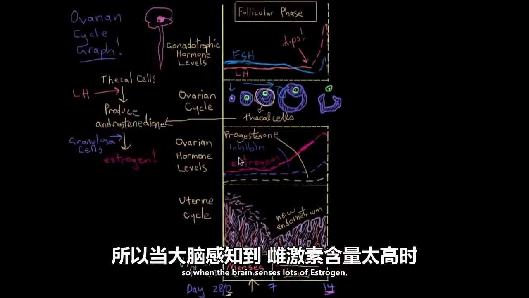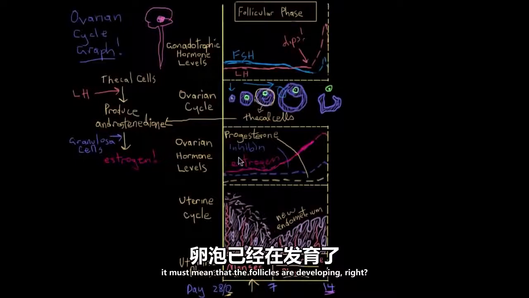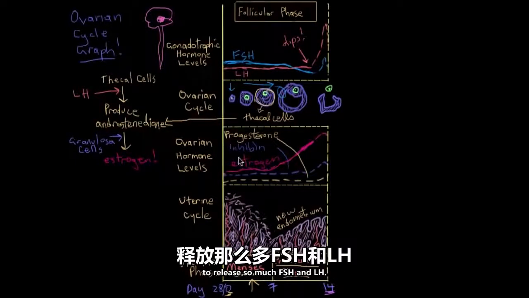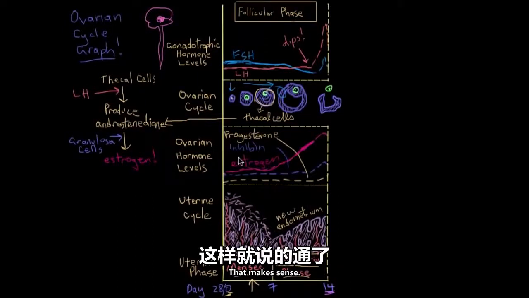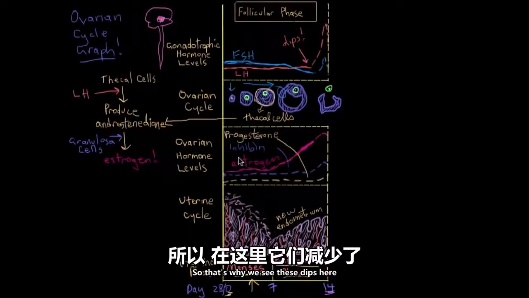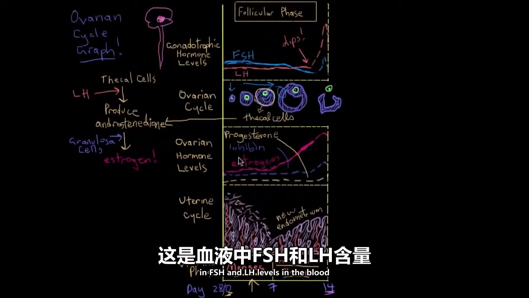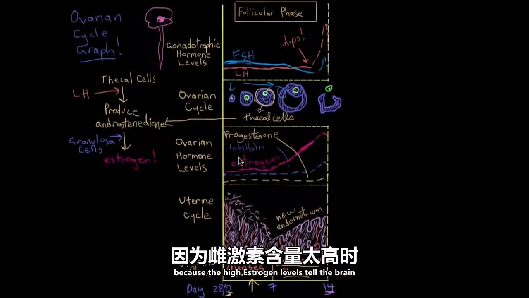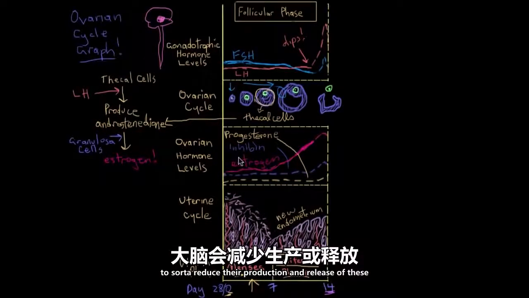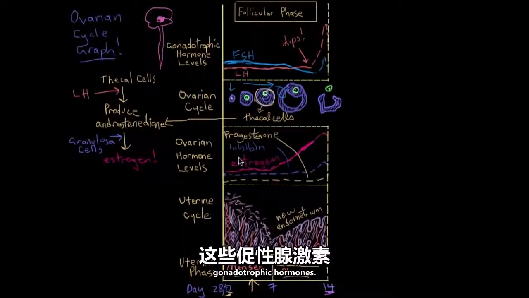So when the brain senses lots of estrogen, it must mean that the follicles are developing, right? So it doesn't actually have to continue to release so much FSH and LH. That makes sense. So that's why we see these dips here in FSH and LH levels in the blood, because